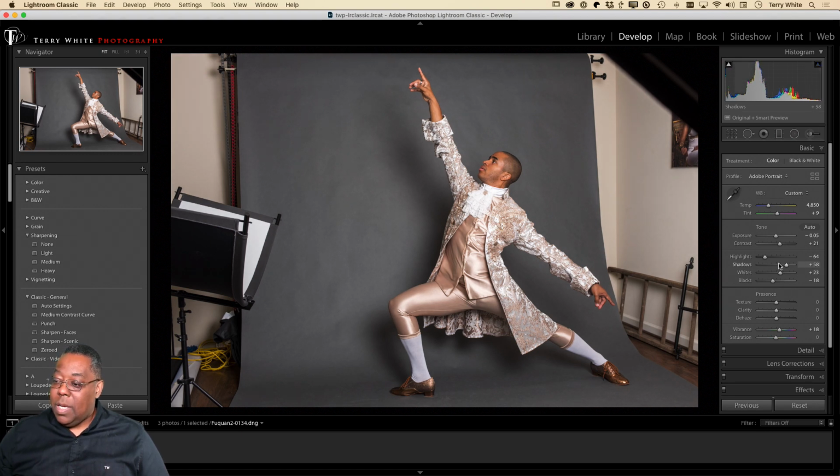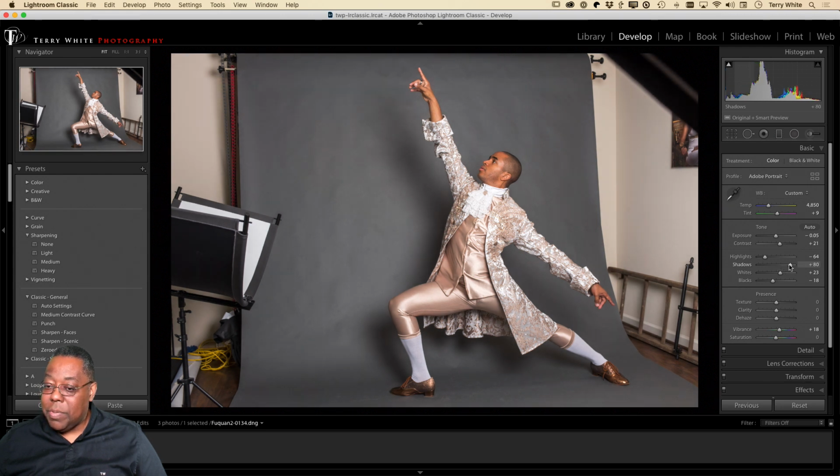All right. Okay, so I'm pretty much okay with the exposure. Maybe I'll pump up the shadows just a little bit more. I'm pretty much okay with everything else about the photo. Now it's time to go in and let's go to Photoshop. All right,